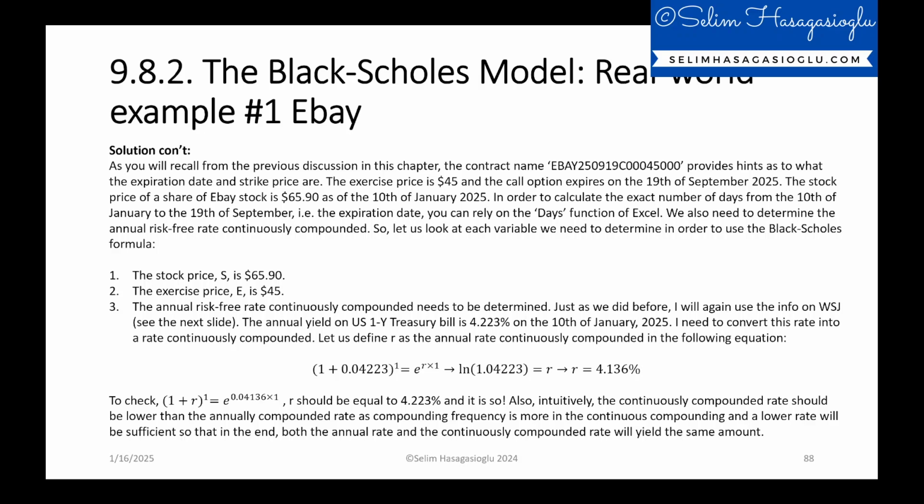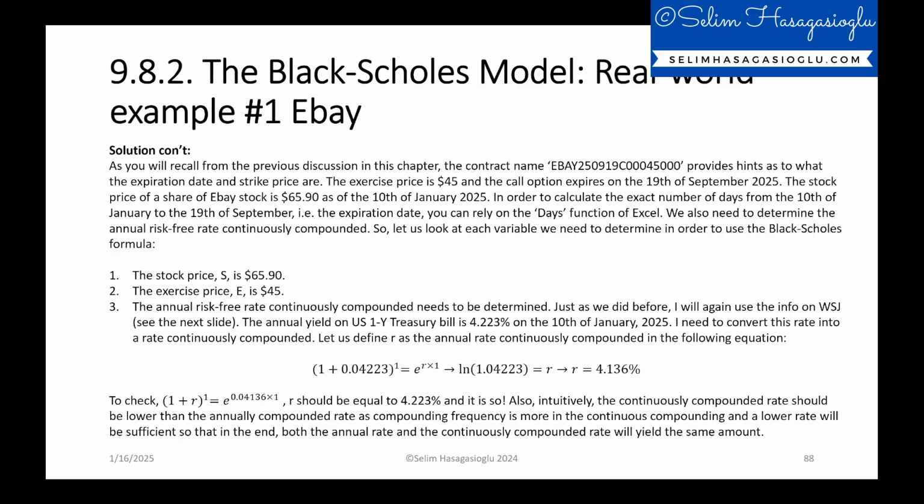So let us look at each variable we need to determine in order to use the Black-Scholes formula. The stock price S is 65.90. The exercise price E is $45. The annual risk-free rate continuously compounded needs to be determined. Just as we did before, I will again use the info on Wall Street Journal. See the next slide. The annual yield on the US 1-year Treasury bill is